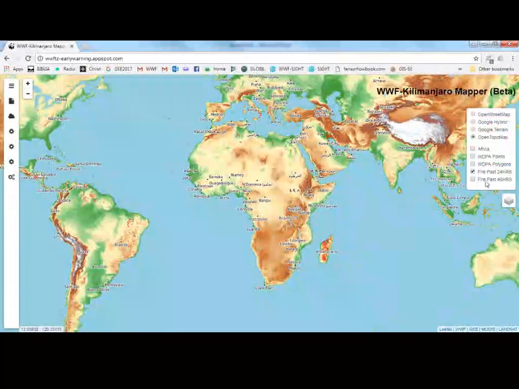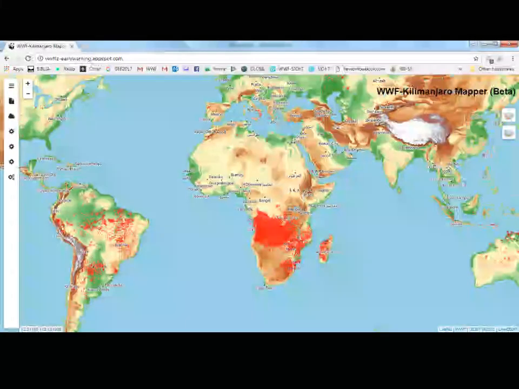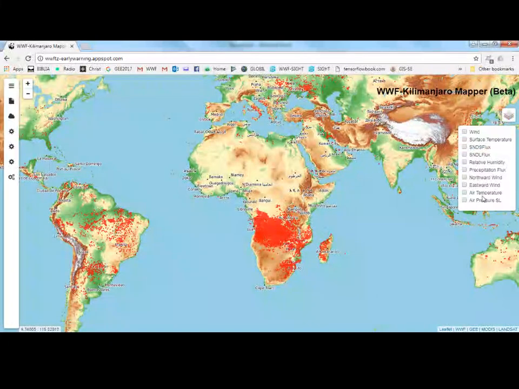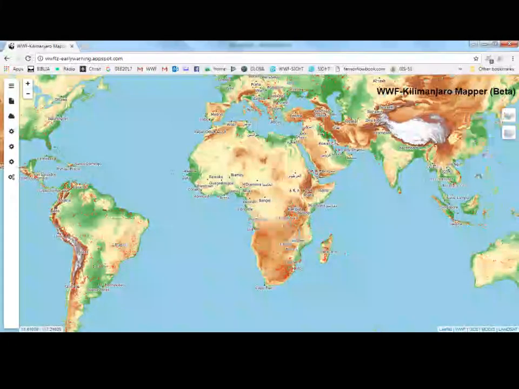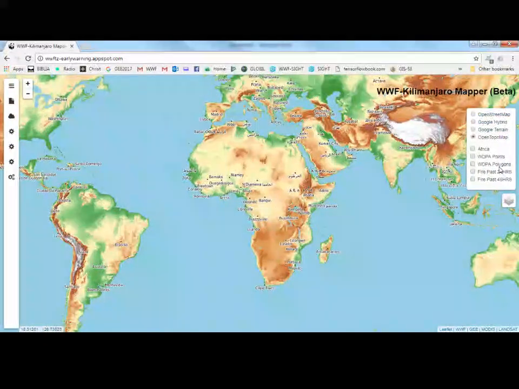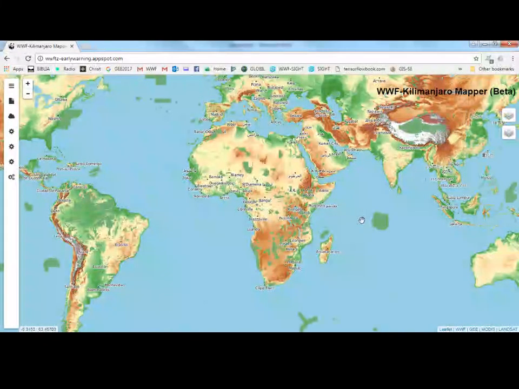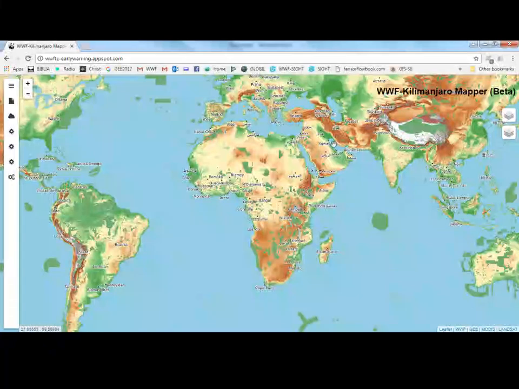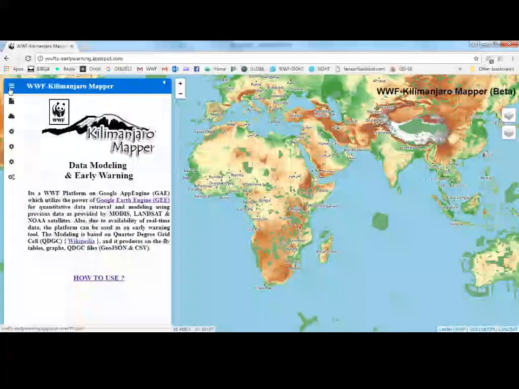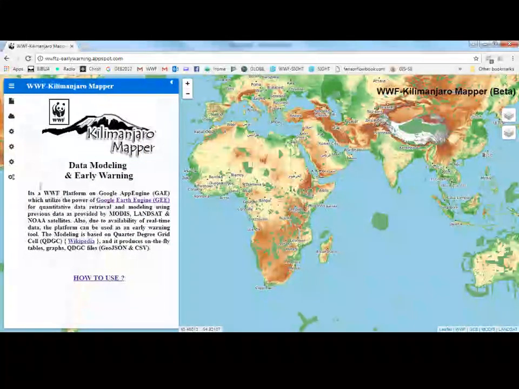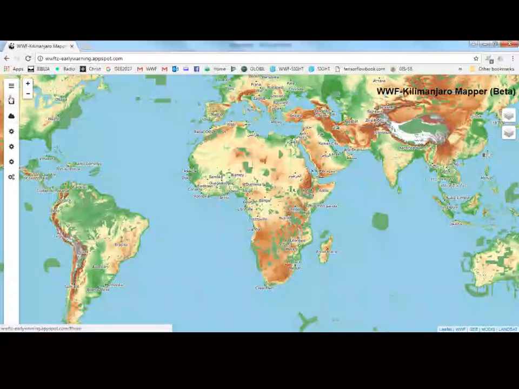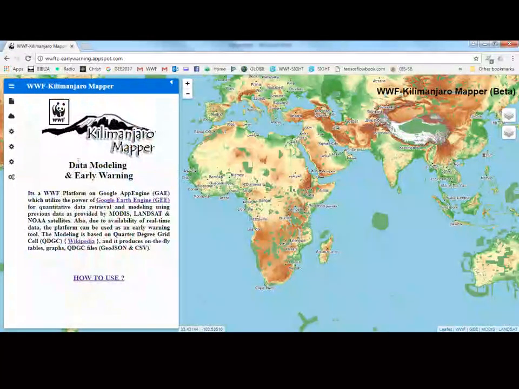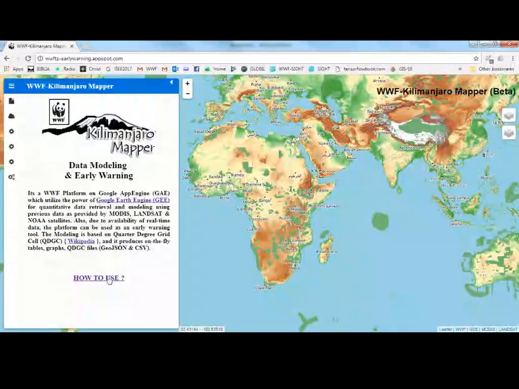There is fire information for the past 24 hours and for the past 48 hours, and lastly, there is this online data which is available. So to start with, I can put something like quarter degree, and I can put the World Protected Database. So automatically, this is the start. This is the bar, which is mostly used, and this is the definition. So the platform and how to use it.